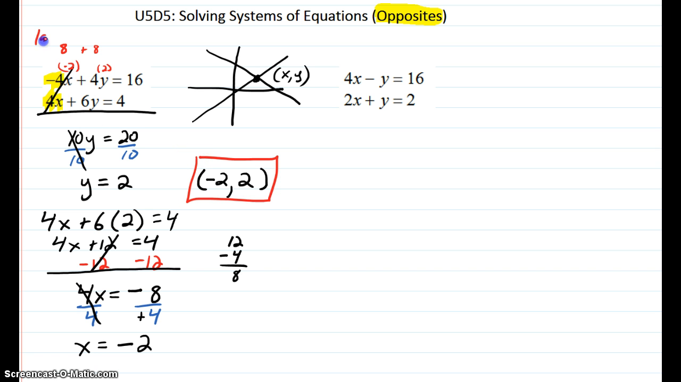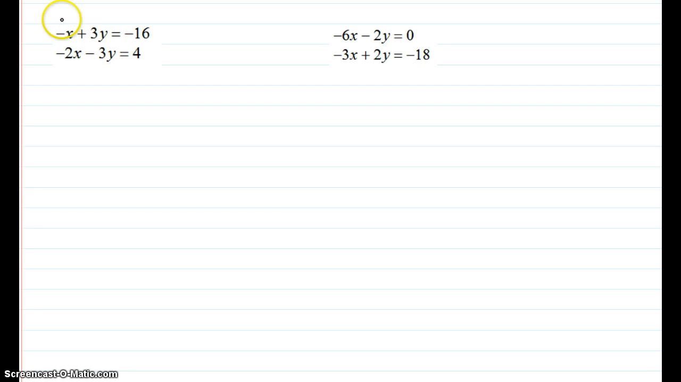So this will be 1A. Please do 1B on your own. You have plenty of work to show, so make sure you have all the work, and you're going to write your answer as an ordered pair. Alright, the next example,